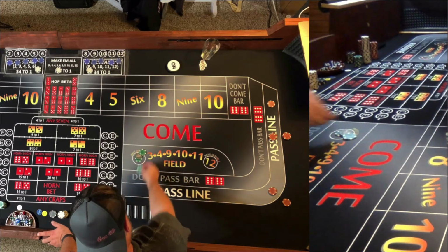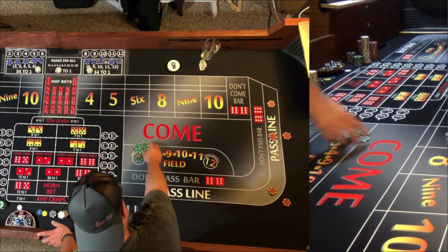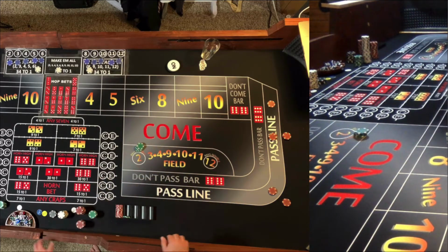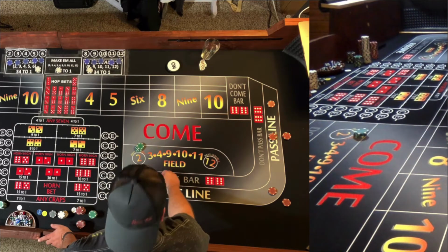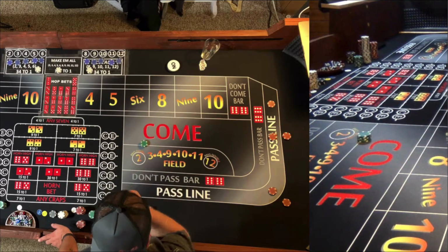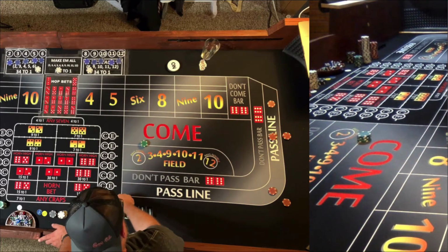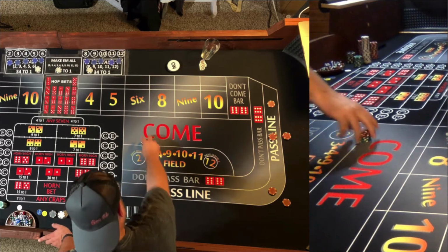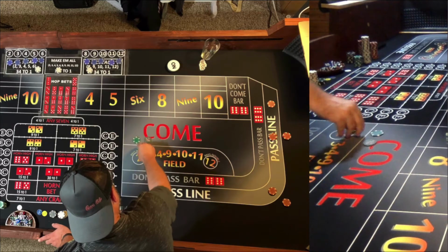Laying the back wall means that you could do it in any amount, but for this example, I'm going to be doing $30 on each of the numbers 4, 5, 6, 8, 9, 10, $30 each. So that takes 6 greens and 6 reds. Now, if you're going to play this